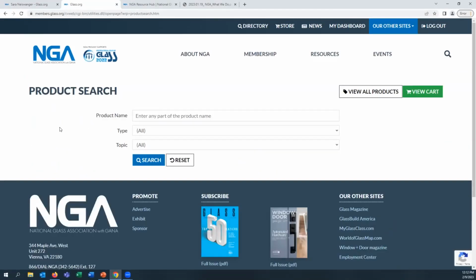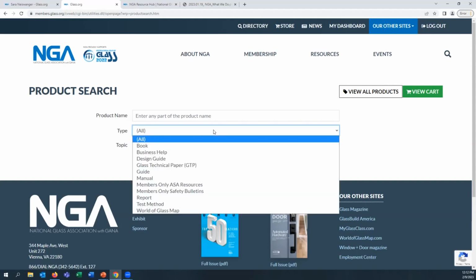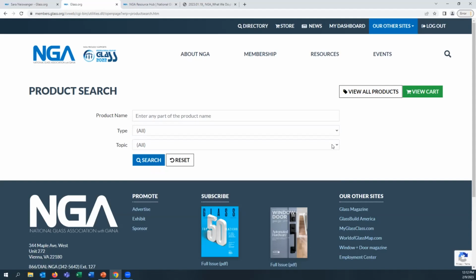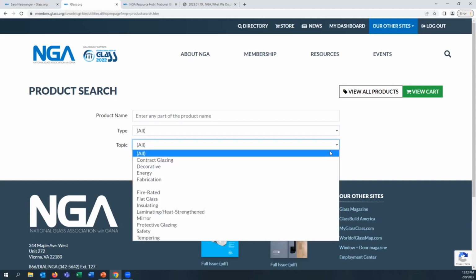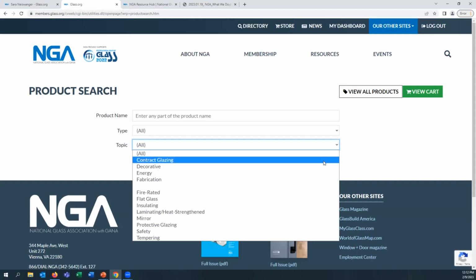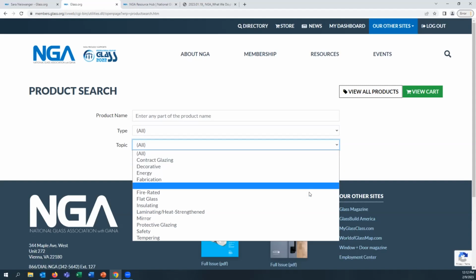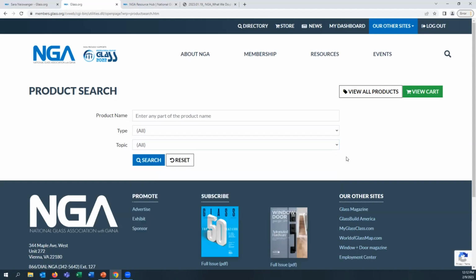Here, you can conduct a product search as broad or as focused as needed. You can adjust the product name, type, or topic. In this case, type will be manual, glass technical paper, design guide, and so on. Also shown is an example of how you can search by topic, whether that's by segment of contract glazing, fabrication, even safety, mirror, tempering, and so on. And when in doubt, you can always leave all fields blank and simply click search to get an alphabetical listing